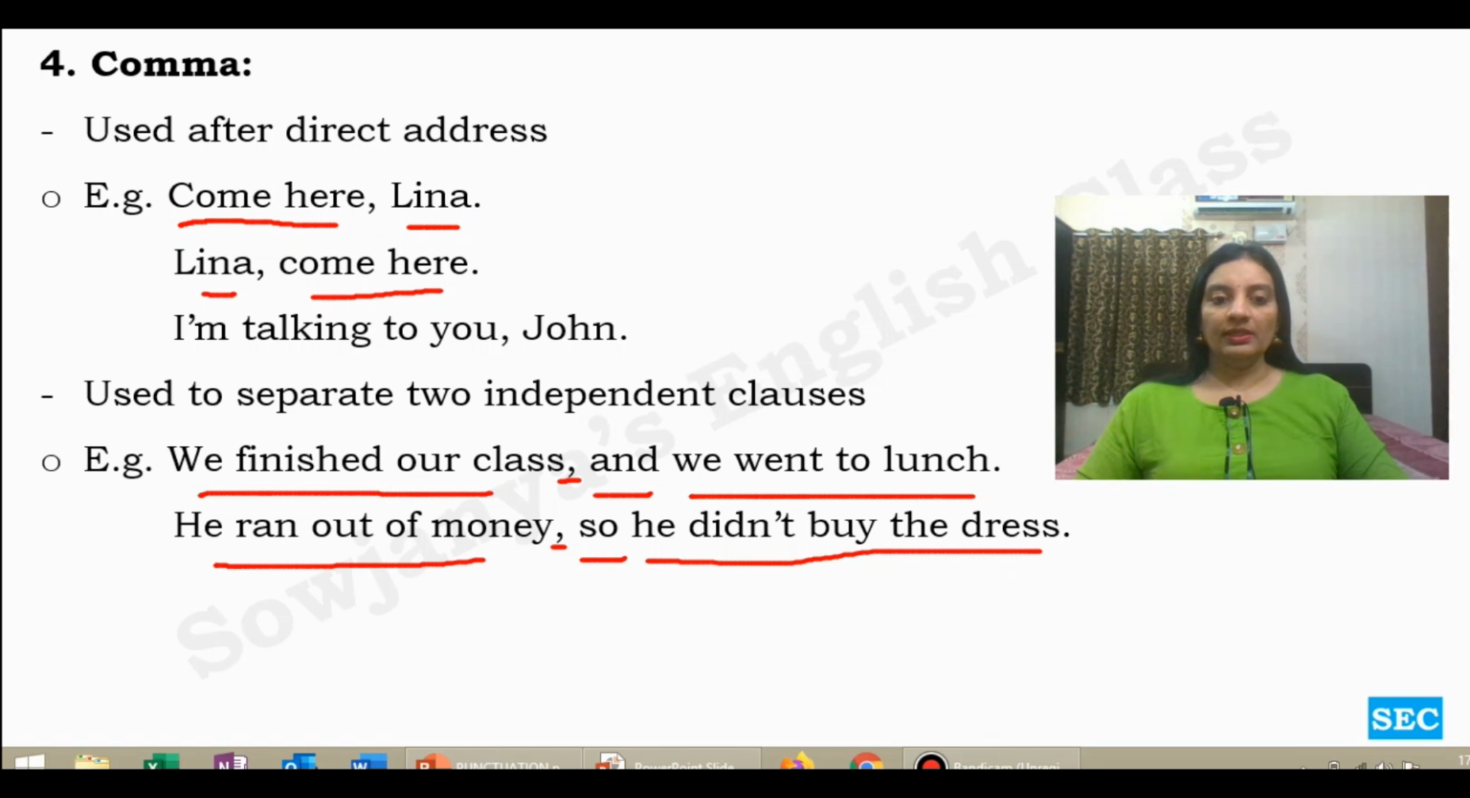So they are separated by a comma. Just before the coordinating conjunction, we are supposed to place this comma. Okay,